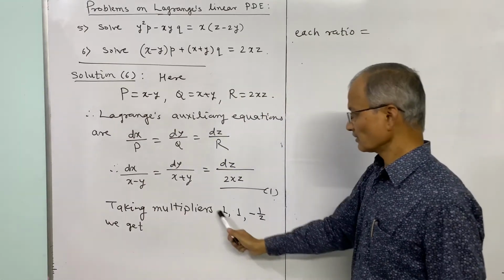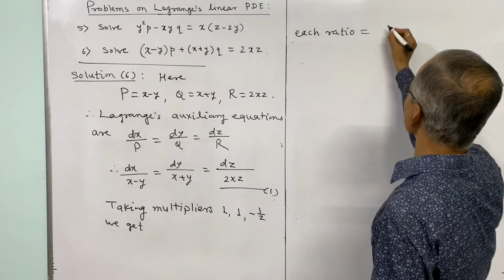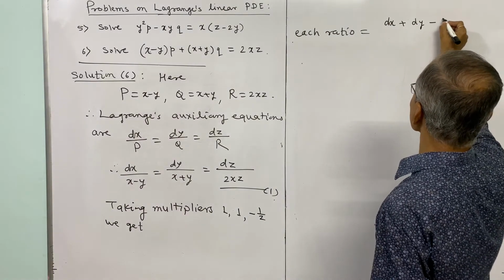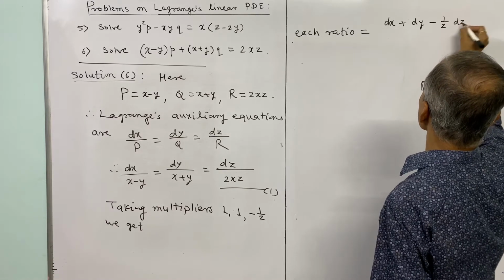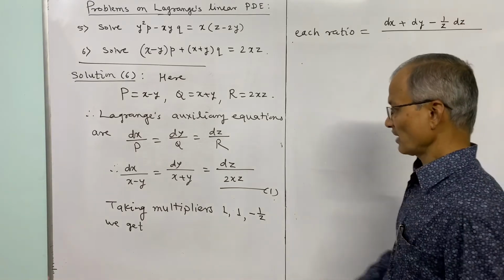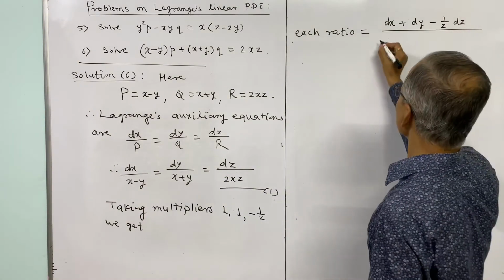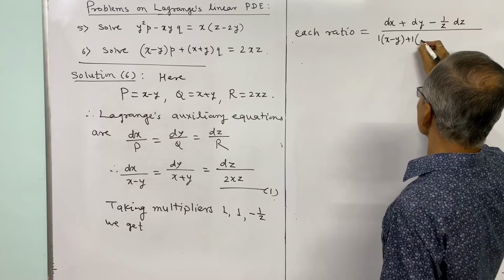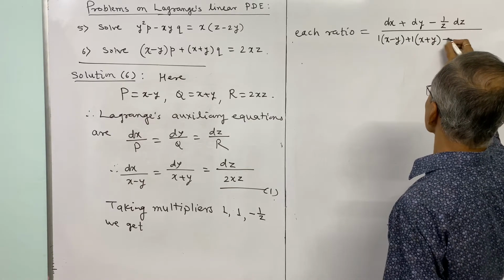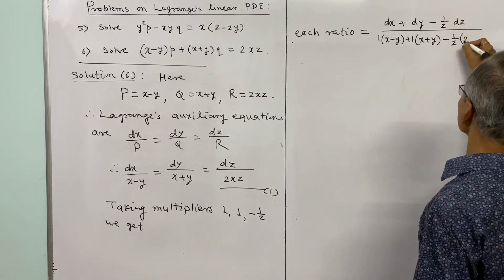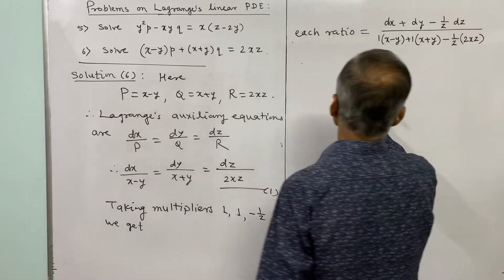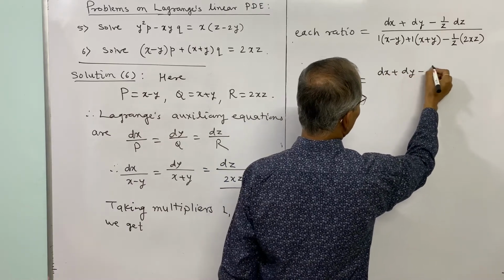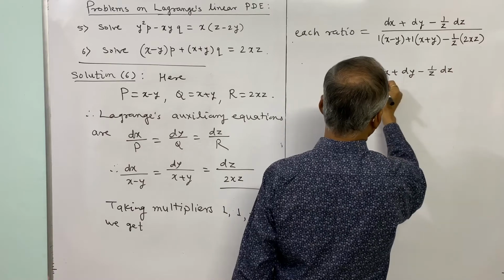First is multiplied by 1, so 1 into dx, that is dx. Second multiplied by 1, that is dy. And last is multiplied by 1 by z into dz, divided by 1 into x plus y, plus 1 into x minus y, plus minus 1 over z into 2xz. This is equal to dx plus dy minus 1 upon z dz, divided by